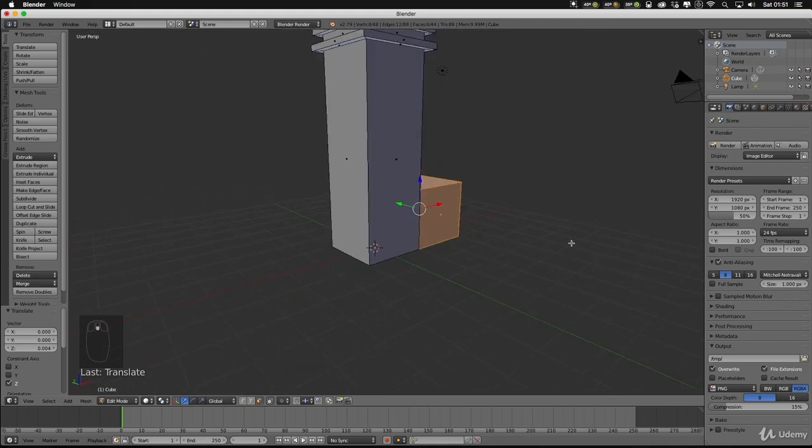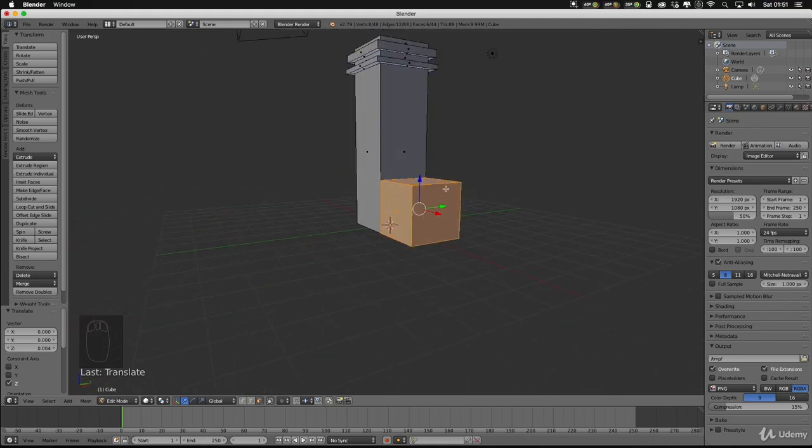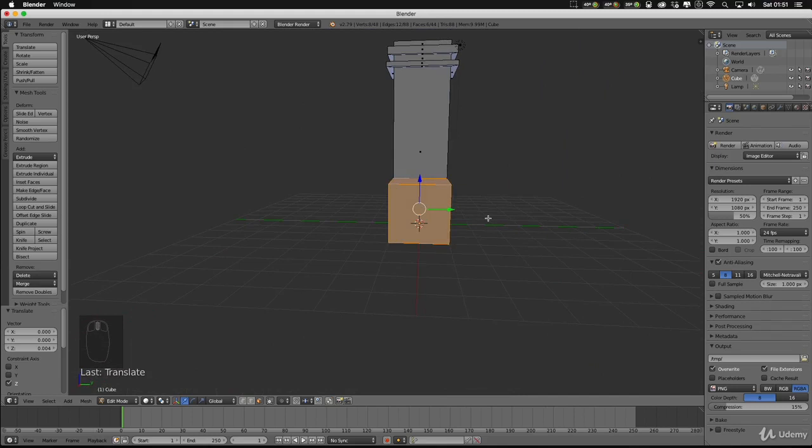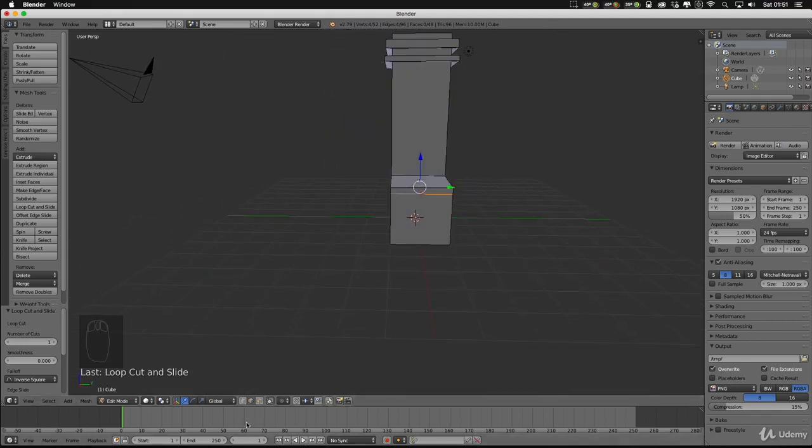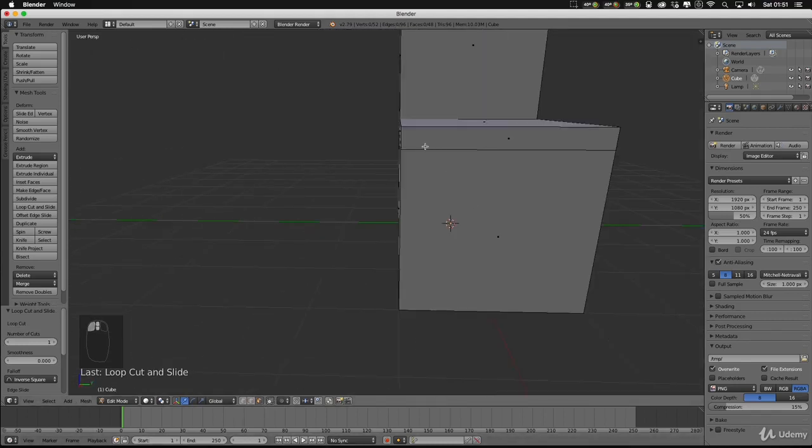So I want this to have sort of a flat roof. So I'm just going to do the same thing over here as I did up here. So Control R, and you can see I've got my loop cut. Just going to do one, and then I'm going to go to face mode.